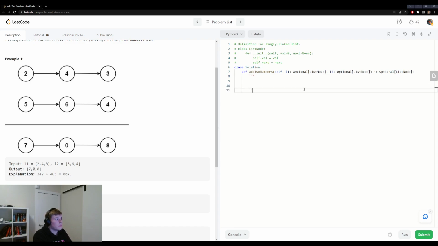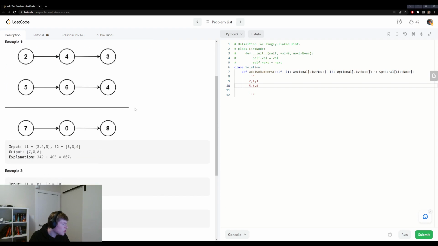But this is just a string because it's essentially a multi-line comment in Python. But yeah, so we have 2, 4, 3, 5, 6, 4. So it tells us these are digits stored in reverse order. So we know that the two numbers we're actually adding are 342 and 465 if you just reverse them and